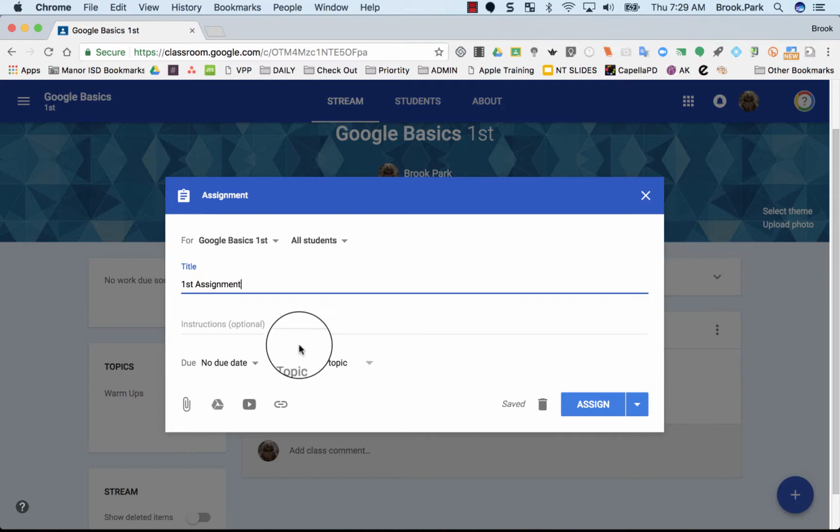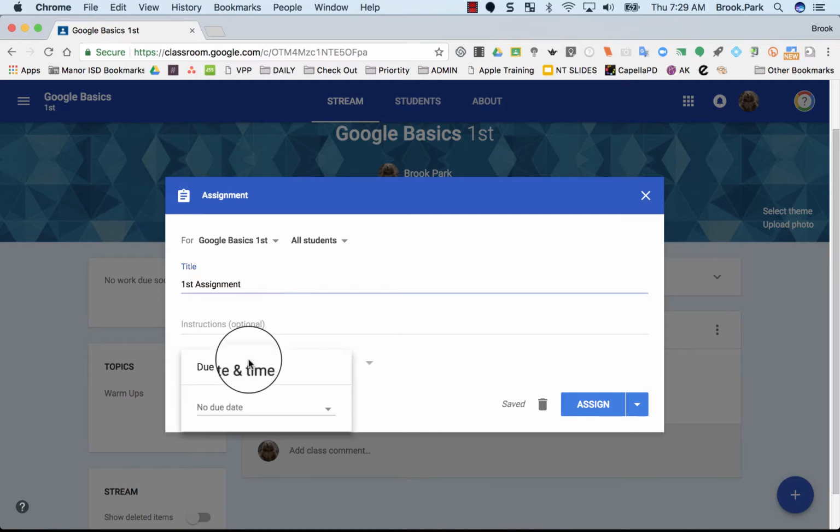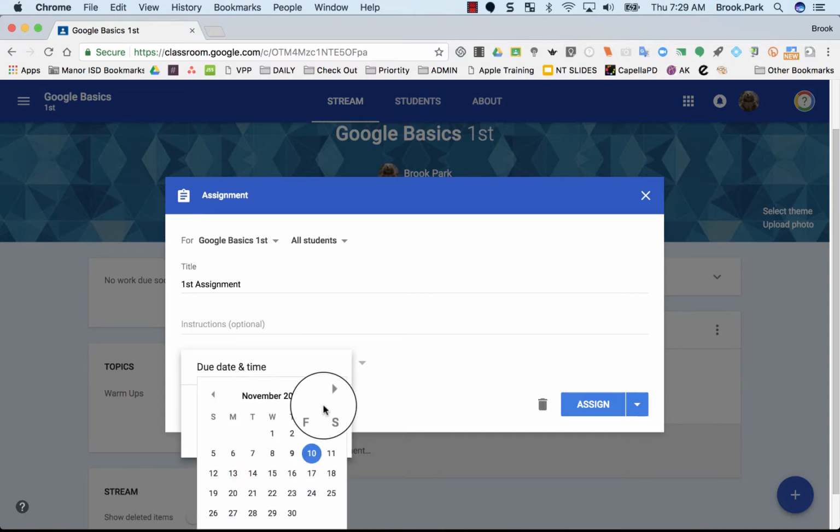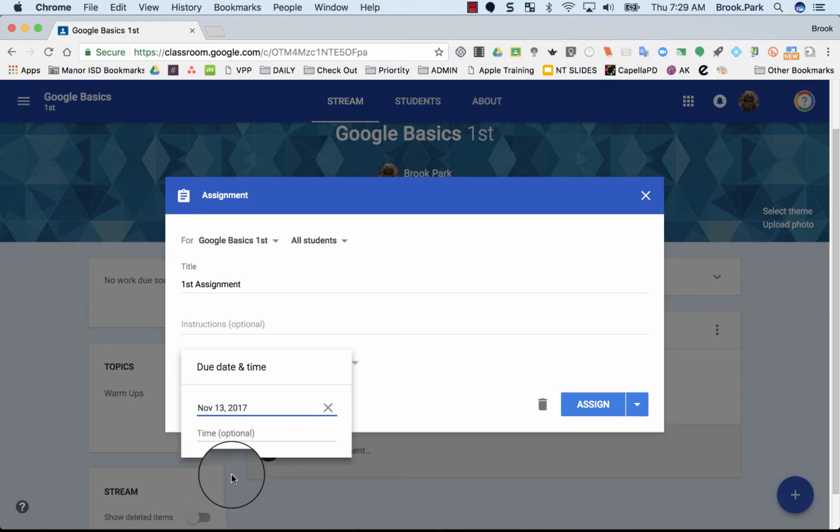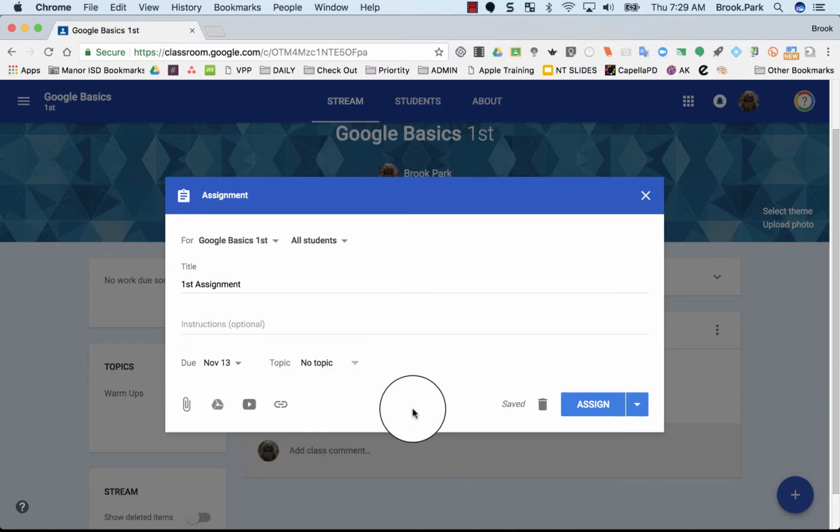And then I can put in some instructions here if I want. Now for an assignment, you can actually do a due date. So I'm going to go ahead and choose due date of Monday the 13th. You could actually choose a time also, but I'm not. I'll press off side of that so that goes away. Now here we go with the topic again, and you'll notice that we have already created the warm-up topics, but